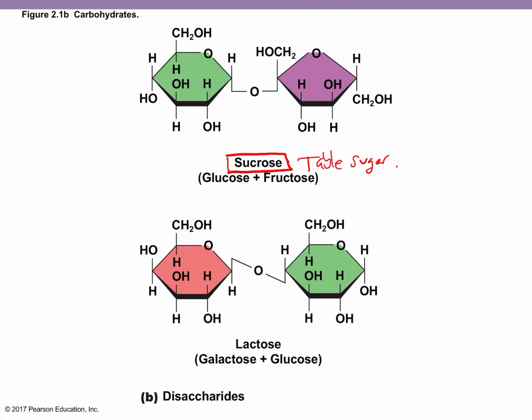In your body, when you have sugary foods, your body can enzymatically lyse or hydrolyze this bond, liberating the glucose free and the fructose free. Lactose is another disaccharide that is a combination of galactose and glucose. What's interesting about people who cannot digest lactose is that they're missing the enzyme, they're not producing it anymore, to break this bond, to hydrolyze that bond. If you're not lactose intolerant, then you're still creating the enzyme and you can break the bond,